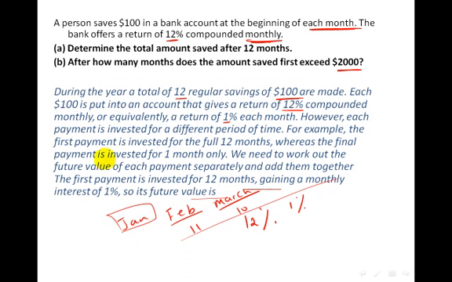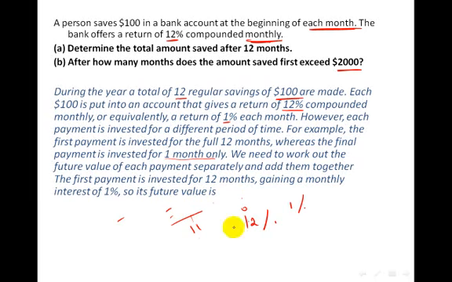So for example, the first payment is invested for the full 12 months, whereas the final payment is invested for only 1 month. We need to work out the future value of each payment separately and add them together. That means you're going to find the investment for January, February, March separately, then you are going to find the sum to add them. The first payment is invested for 12 months, gaining a monthly interest of 1%, so its future value is